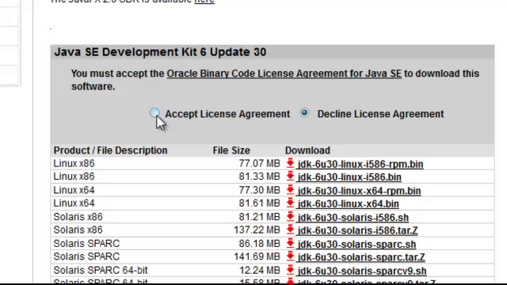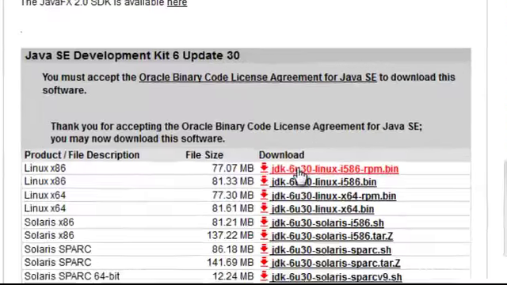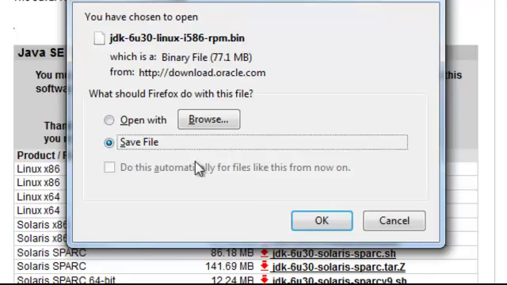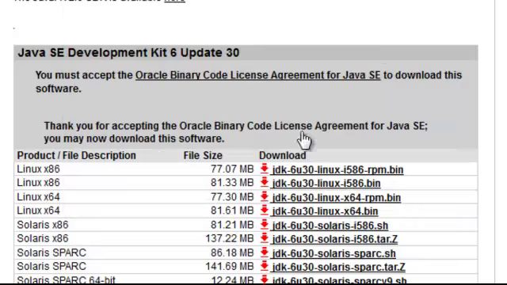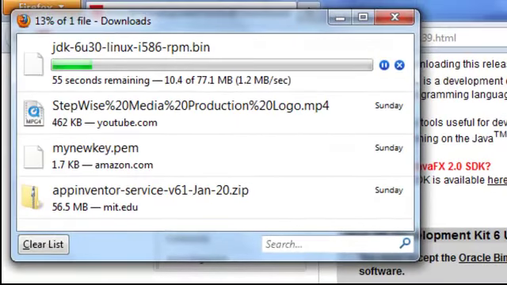JDK 6, i586 rpm.bin. Make sure that you accept the license agreement, and we're going to download JDK 6, update 30, Linux i586 rpm.bin, and we're just going to store that to our desktop for right now. So we're going to download JDK 6, save the file, and wait for this to download. It's going to take a couple of minutes,